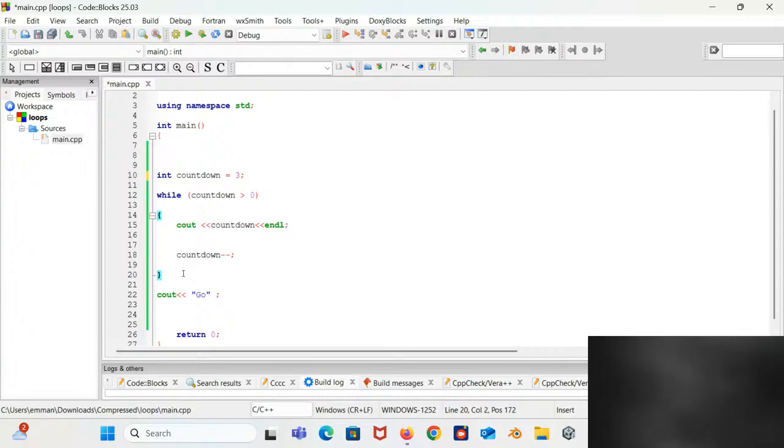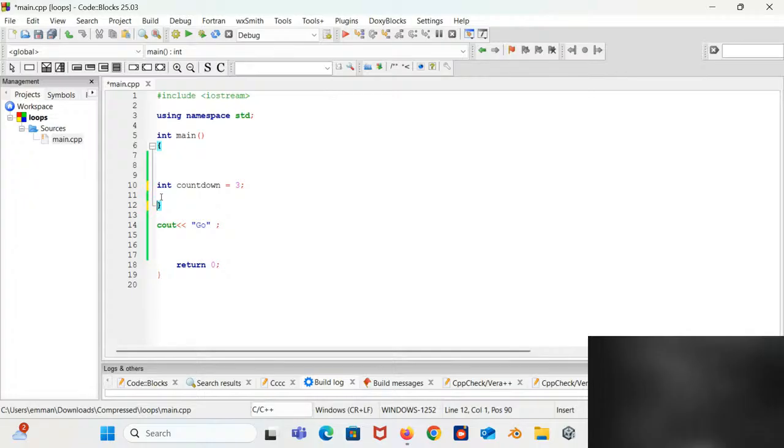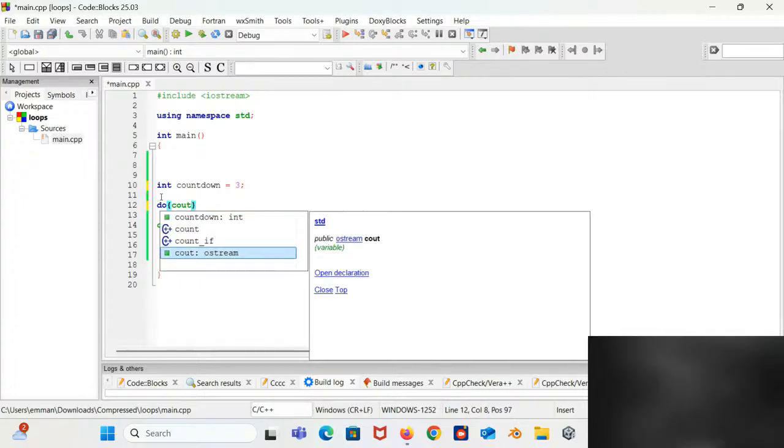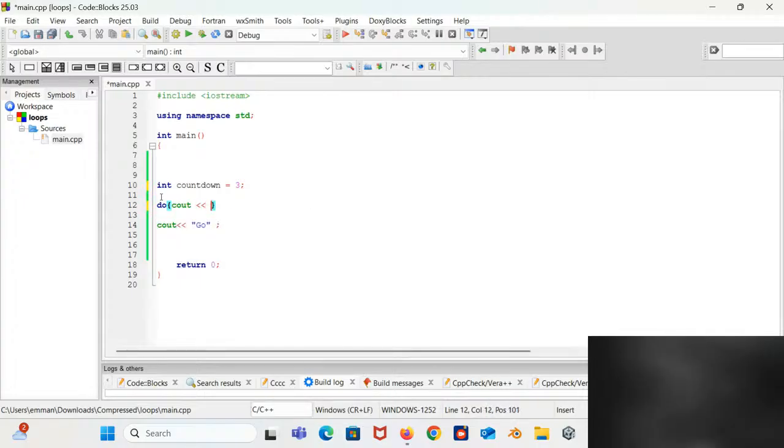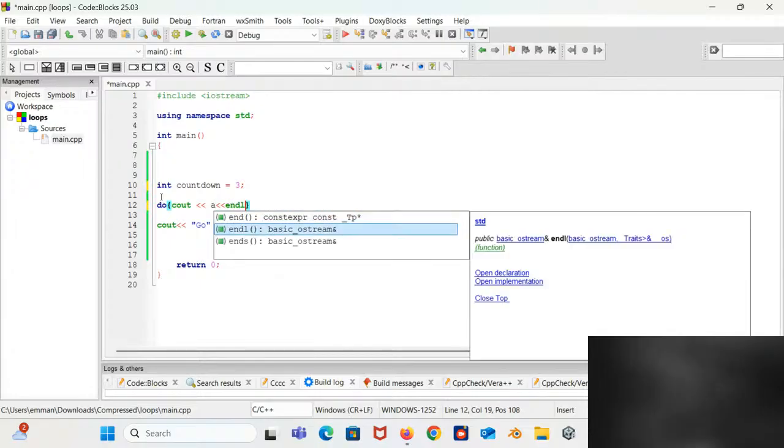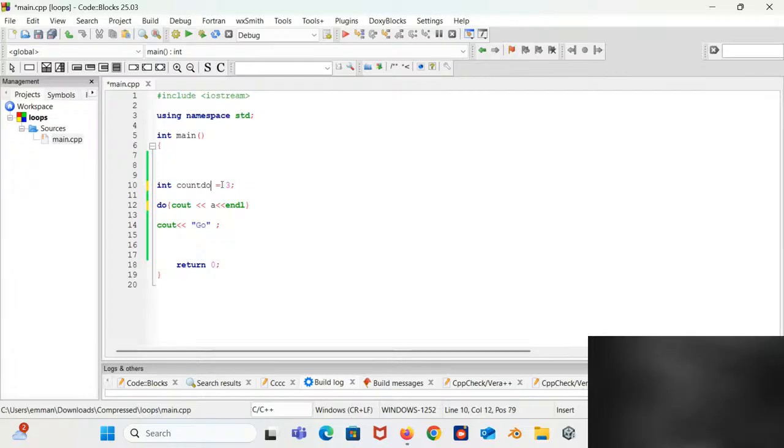So with the do while loop, the syntax is that you first have to type the keyword do, followed by the action that is supposed to be done. So let's say cout A here, and let me change this to, let's say, 0.